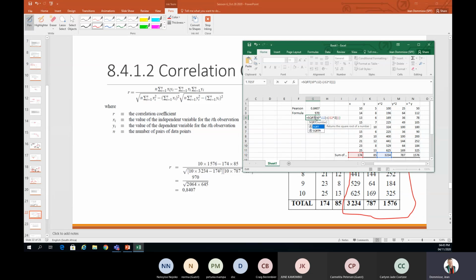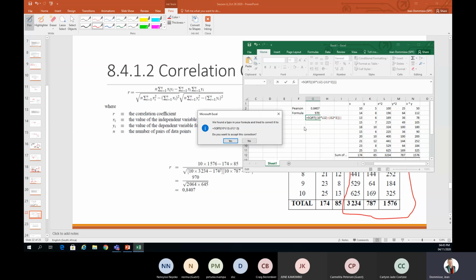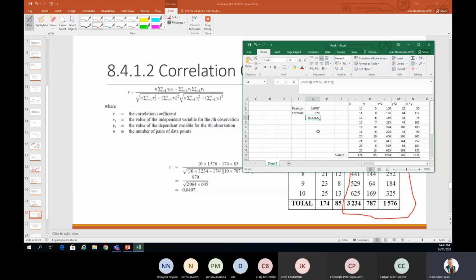We probably don't need all of the... so square root of the whole thing, so it is that minus that. Okay, so let's just make 100% sure that my formula is correct. It is a lot of work to do, even in Excel, to get to these numbers if they don't give you the raw data.